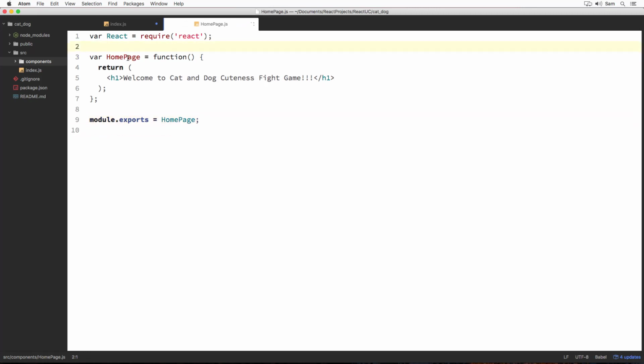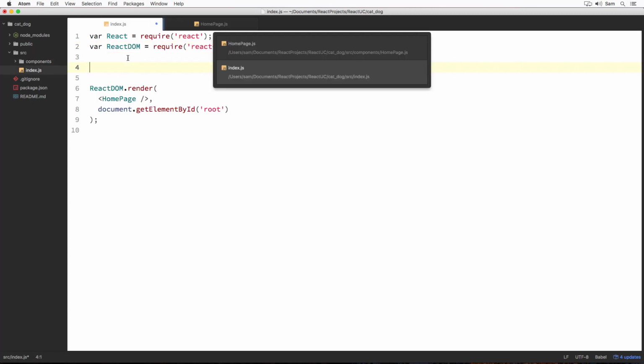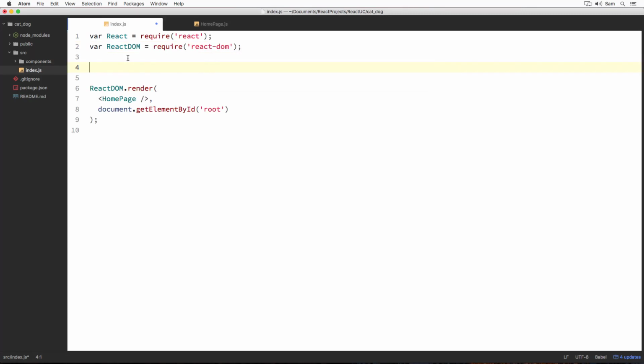Fine. Finally, we need to import homepage component in our index.js file before we can use it here, just like we imported React and React DOM. Since it's our custom file, importing it is a bit different from how we import our libraries. We have to provide the relative path of the file which we want to import from the current file where we are importing. Let me write it first, then I will explain. So I'm going to write var homepage equal to require and in quotes